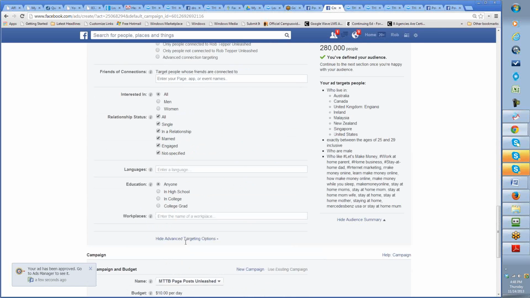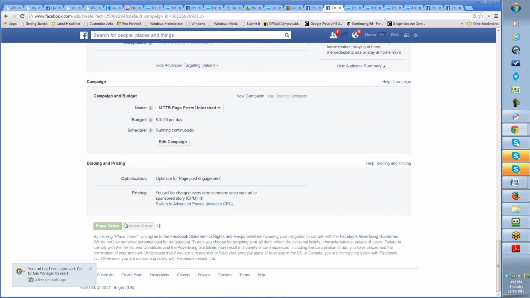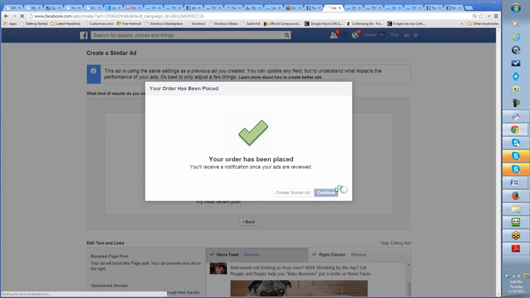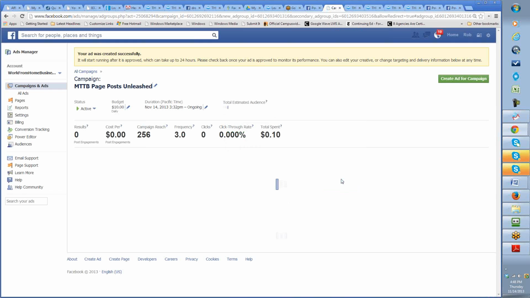All my ads are getting improved. And see, that's all on a $10 budget. So you can have 100 ads in a $10 budget. It doesn't mean that it's 10 times 100. It's all done. Now let's see what it all looks like on the Ads Manager page, and then we'll end